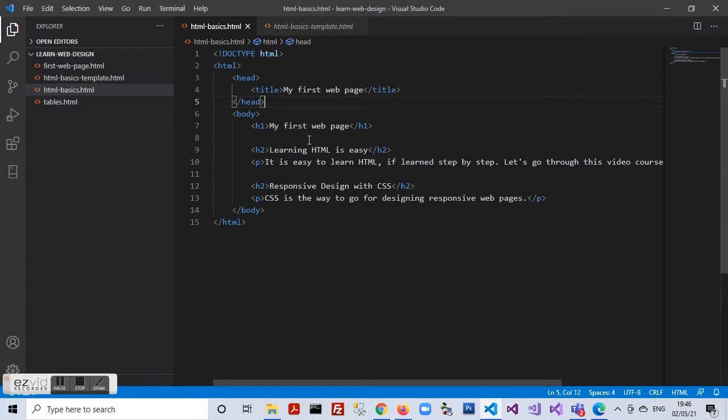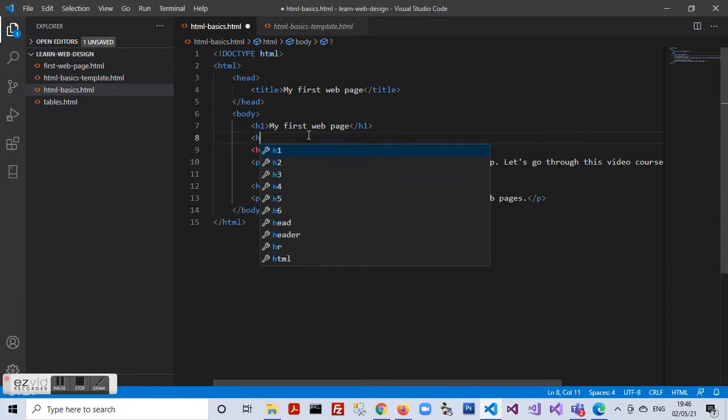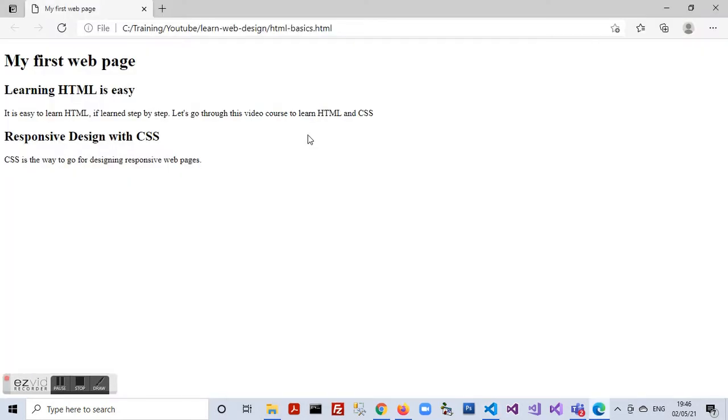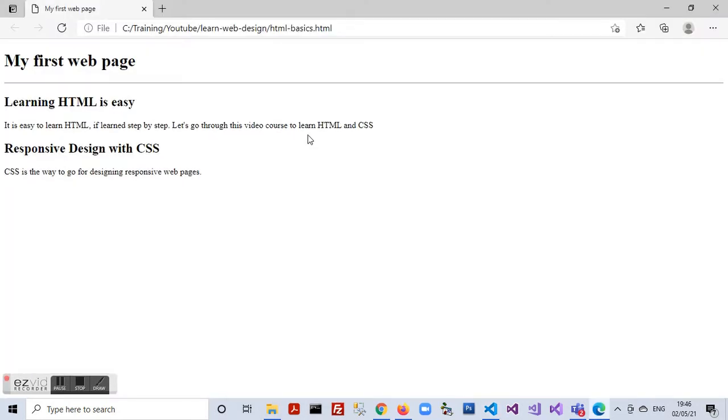Let's move below the H1 tag within our web page and type in the HR tag, which is meant for a horizontal line. Now when we move to our browser and refresh it, we see that below the heading we have a horizontal line displayed.